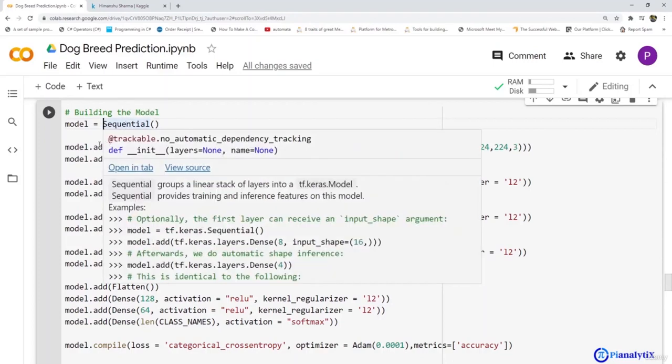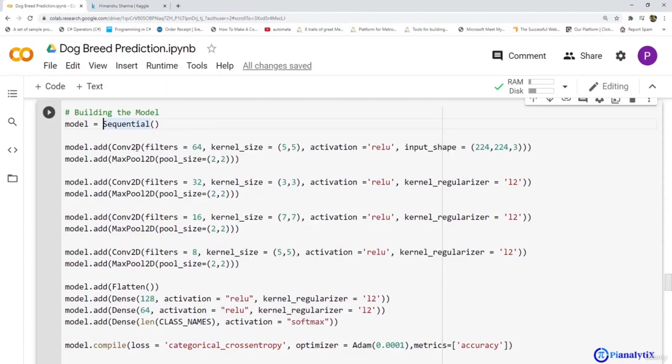For this sequential model, we have taken the first layer as a conv 2D layer. We have set the number of filters as 64. You can play around with the number of filters, kernel size, and activation function, because it can hamper the accuracy of this model, and you can play around with them to get a higher accuracy. This is called hyperparameter tuning. I have set it according to me. You can change it according to yourself.